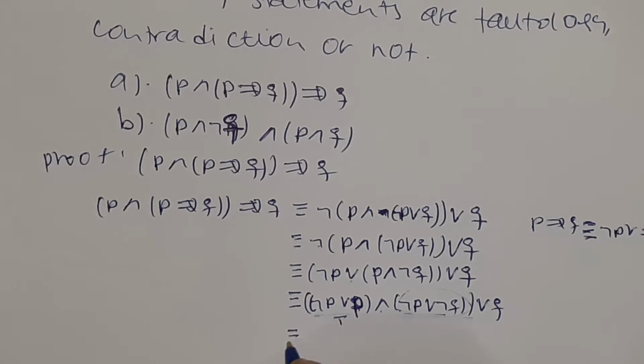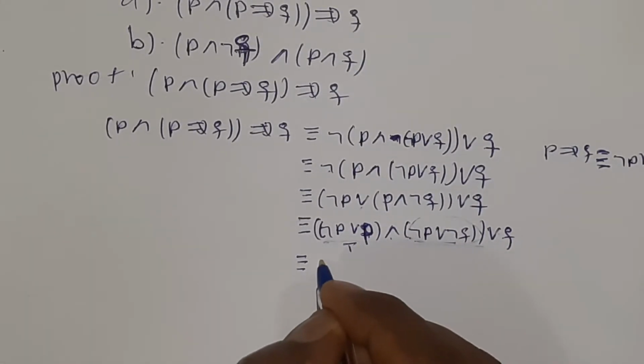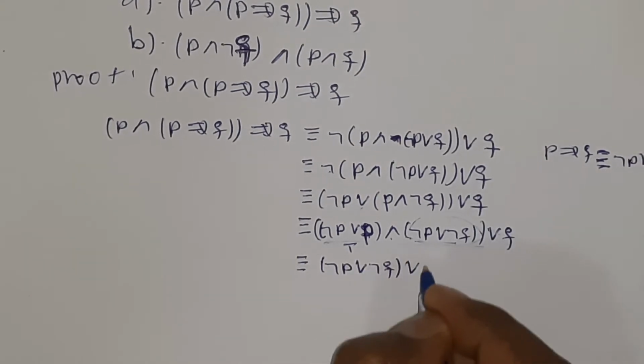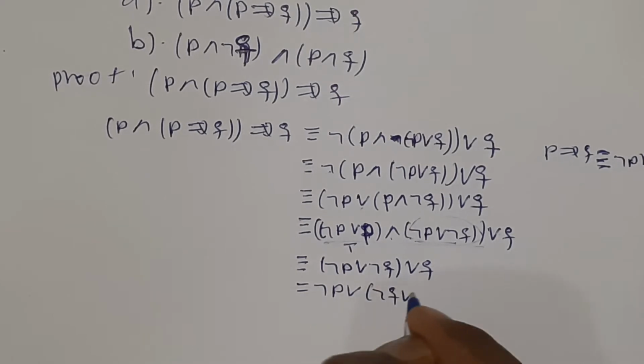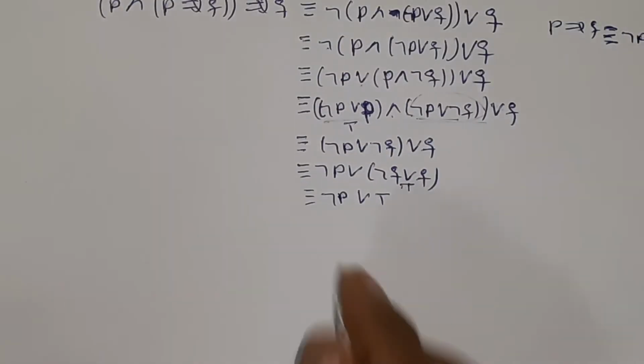Therefore, they are equivalent with the negation of P or negation of Q or Q. Then using the associativity property of disjunction, they are equivalent with negation of P or (Q or Q)... This is always true, so that they are equivalent with negation of P or true, which is equal to